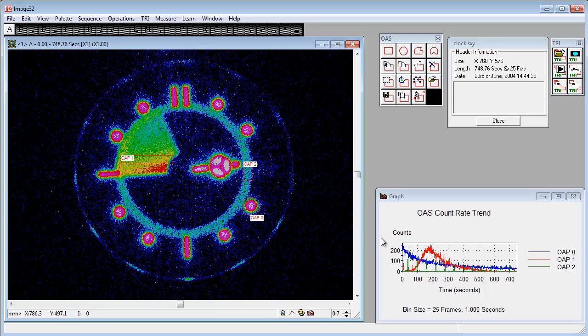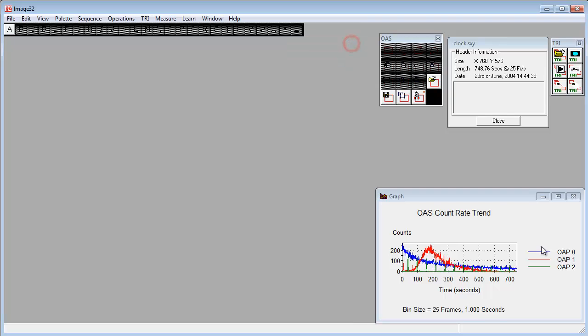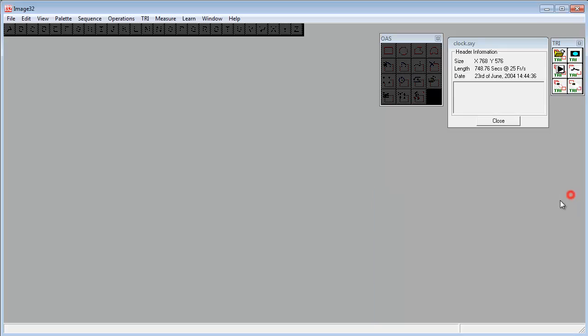It's worth noting that the count rate trend analysis is limited to 16 odd area sets, and sometimes it's useful to be able to analyse more areas than this. There is a workaround, and I'll show you how you can go about doing this. So what we'll do is we'll just close down the image. I'll just delete the image as well. We'll close the graph. Now what we need to do is to create a sequence of images, and that's using the create sequence icon,